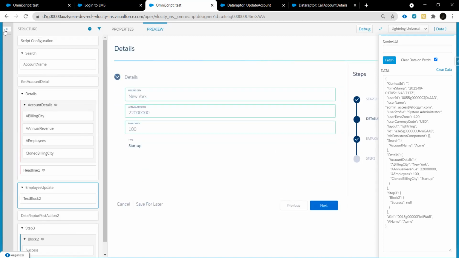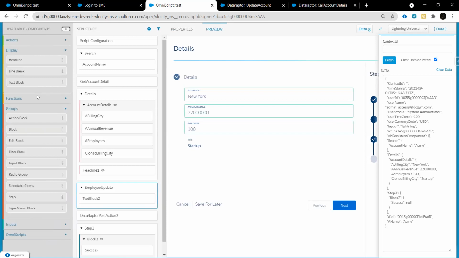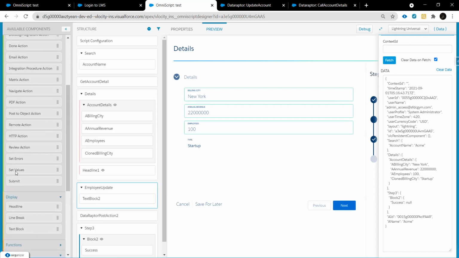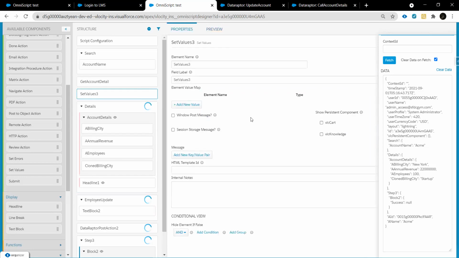So to fulfill such a requirement, we need to go to action, and in the action there is a set value. We need to use set values. I will show you what set value is. Let me first drag it. So remember,